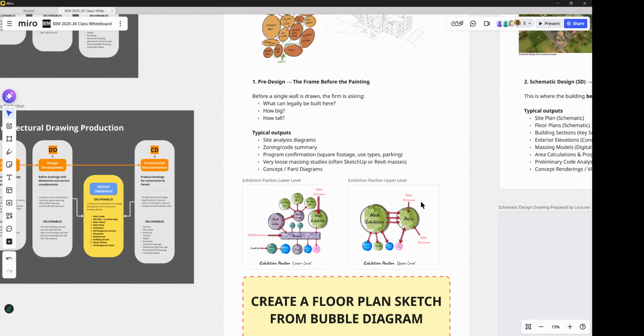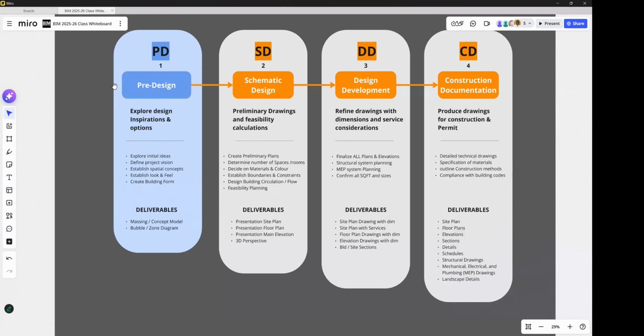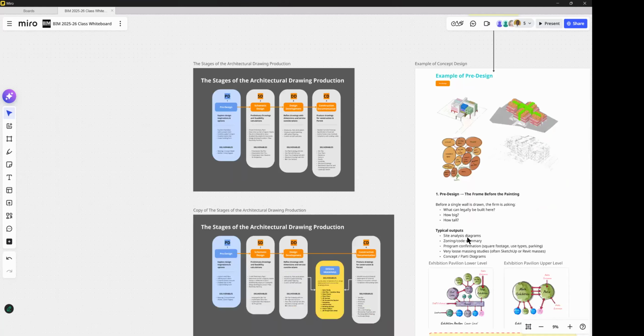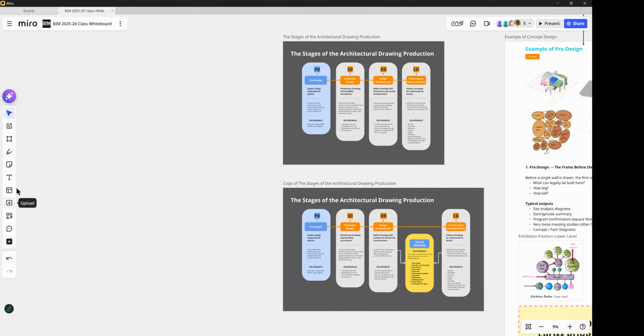So you may or may not be invited, but probably at a later part of the pre-design phase as a junior in the firm. Speaking of junior in the firm, while we're at the pre-design phase, let's talk a little bit about positions. So for example,